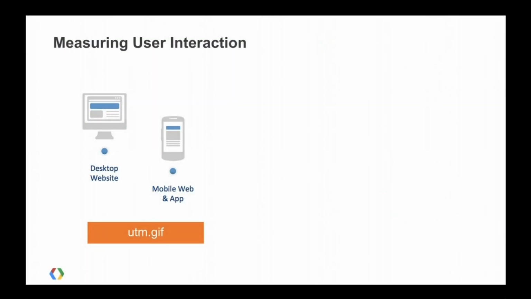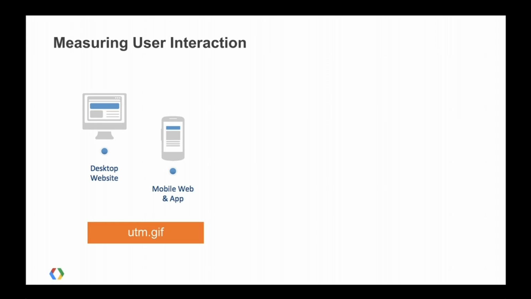The fact of the matter is, as you saw, everybody's using many devices. So something else magical happened in 2005. Can anybody guess what it is? That was the year we launched Google Analytics. And so when we launched Google Analytics, we built a piece of tracking code for the web that included a lot of client logic. And that data got sent to Google Analytics using something we call the UTM.gif.